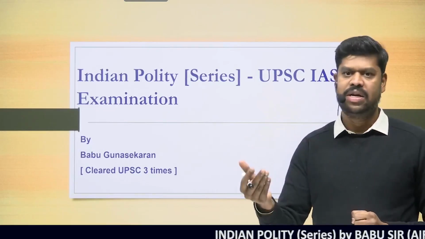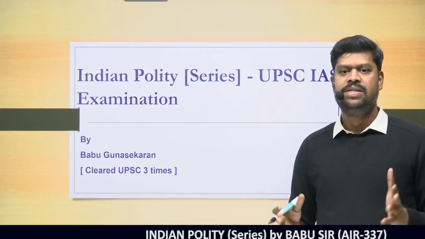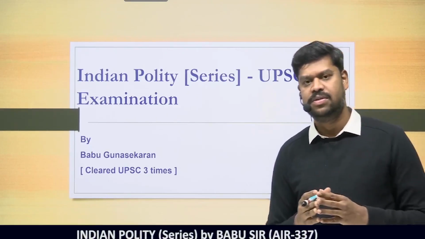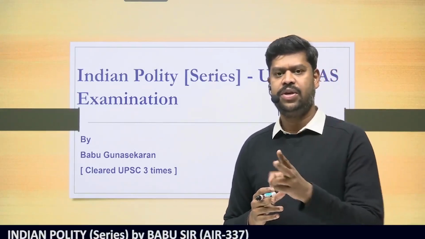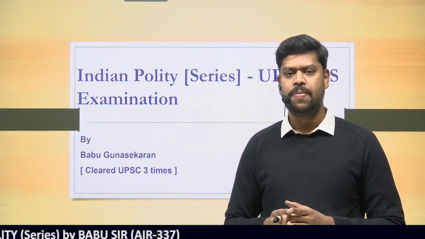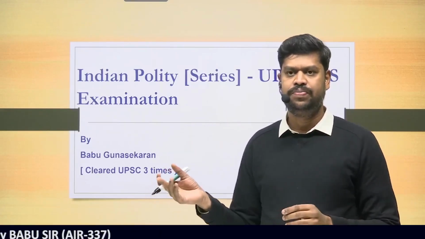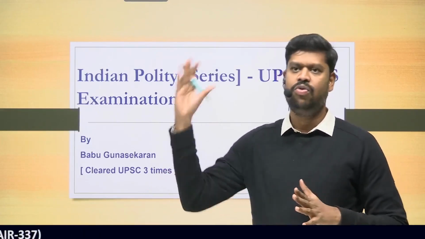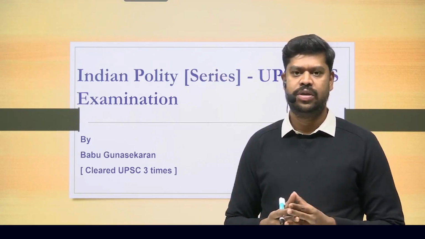But first, we will start with what is called the union executive. We have already seen the concept of separation of powers. In that concept, the constitution provides for 3 organs: the legislature, the executive, and the judiciary. One of the organs of the state is the executive, and that executive is further divided into union executive and state executive. So today in this lecture, we are going to start with union executive. We will not be able to complete it. We will go on for at least another 7 to 8 lectures before we have some ground on the union executive.